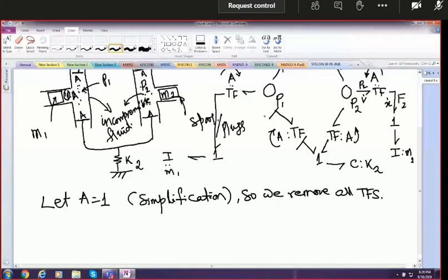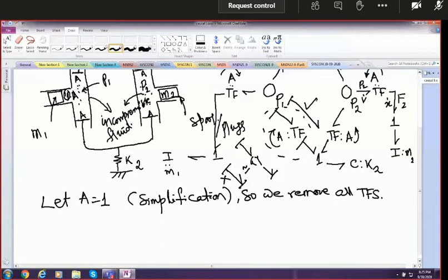Whereas if it is a gyrator, you cannot remove it, because the causality is opposite. Suppose there is a gyrator with causality like this; you cannot replace it by a bond having causality like this. That's not possible, so this is not allowed, but this is perfectly good. So for simplification, I am removing all transformers by assuming A is equal to 1. So I will have a very simple model now.